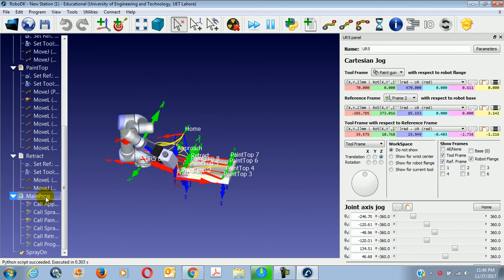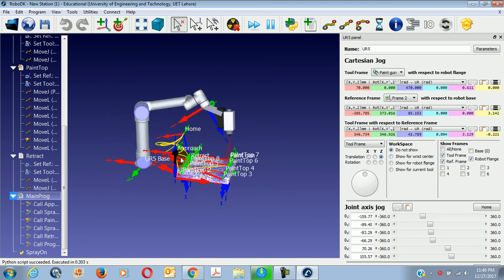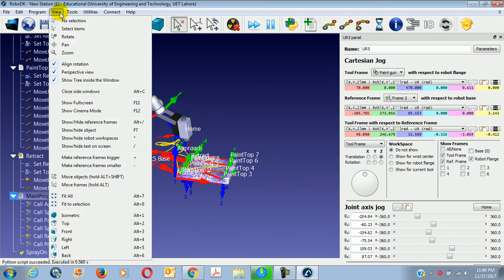Let's see, it starts from the beginning. This time it's spraying the color. You can see here the color is being sprayed. I will just remove the